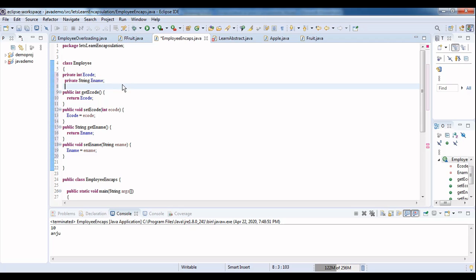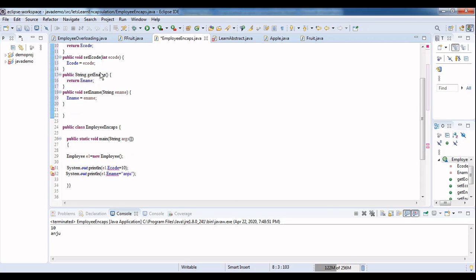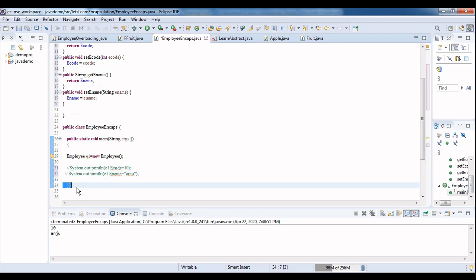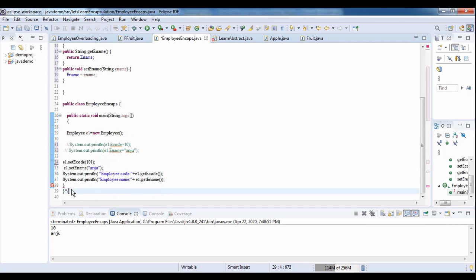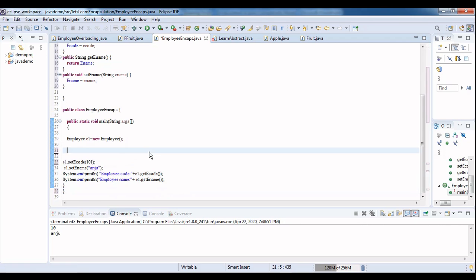The variables have been hidden, but how can they be accessed? Via the getters and setters. Let's see. So what I can do is, I just remove these two lines.